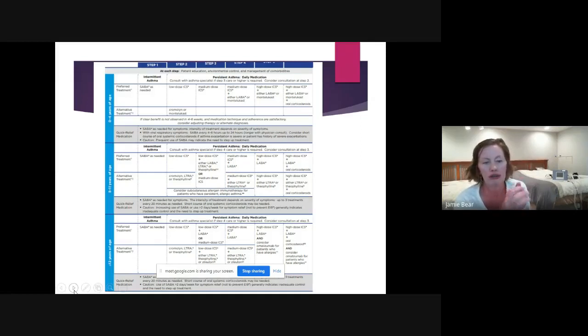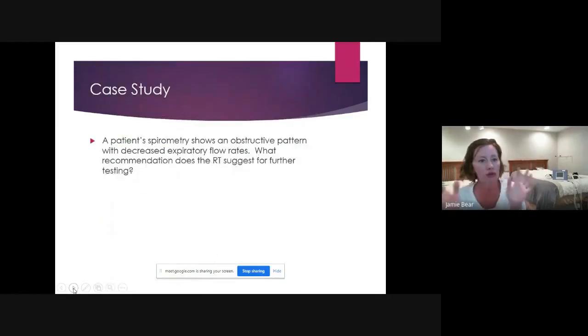Something else, though, with asthma is if patients are consistently under control, you can step down. So if they go from, say, moderate persistent down to mild persistent, then you can back off on some of the medications with asthma. Okay, so now we're just going to focus on